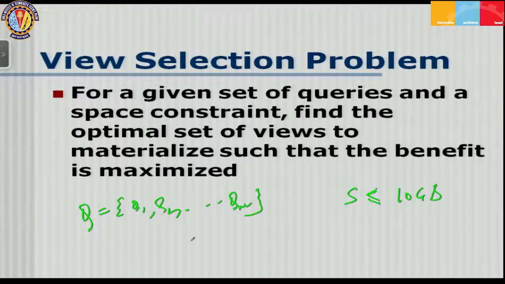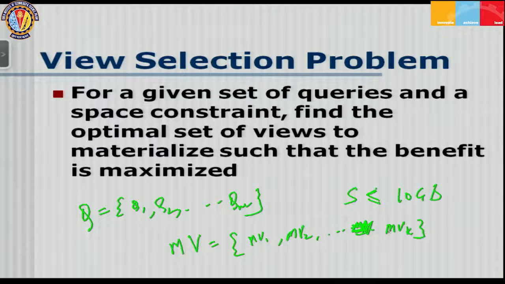What I want to do is come up with a set of materialized views, MV1, MV2, ..., MVK, such that the space required by these materialized views is less than 10 GB, and the benefit that I get